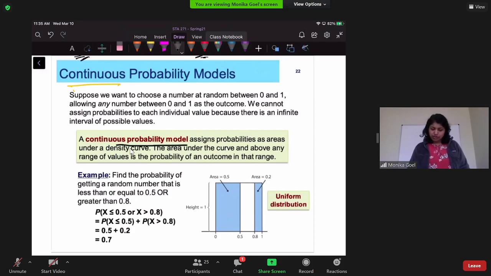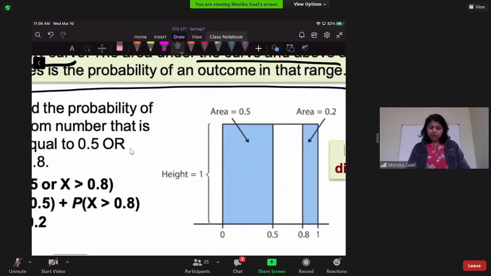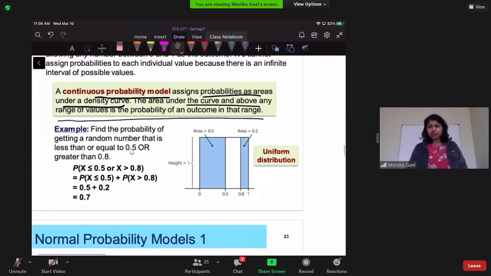So a continuous probability model assigns probabilities as area under a density curve. And we talked about two types of density curves in chapter 1. So we are going to use those two concepts again in this chapter. And since we have already done that, it's very easy to use the same concept and see how we are using it with probability notation. The area under the curve above any range of values is the probability of an outcome in that range. So we did this in chapter 1, and you all know that it's a rectangular shaped distribution,